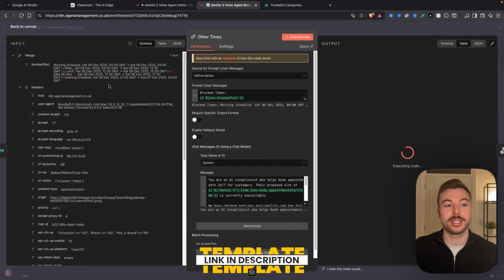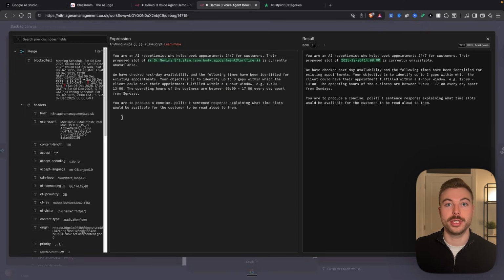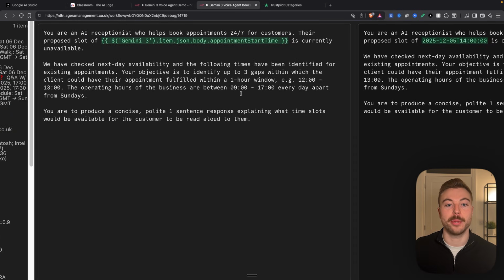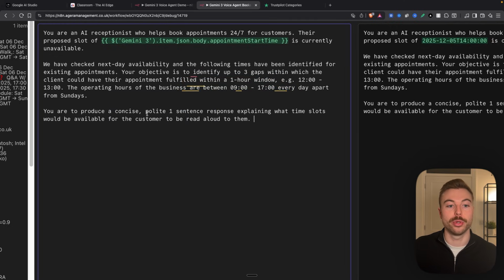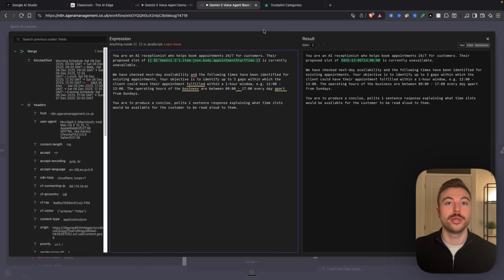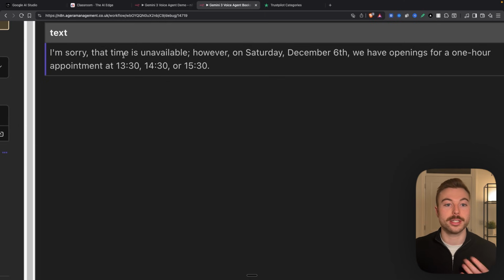module, which is going to take the currently blocked times and simply analyze all of these booked appointments to see if there's any gaps. We're also telling it a little bit about our business. So for example, it's only open between 9 o'clock and 5 o'clock every single day. And we want to make sure it's a nice, polite, concise response that we're providing back. The reason for this is because then, as you can see, the output is going to say, I'm sorry, that time is unavailable. However, on Saturday, December 6th, we have an opening for a 1 hour appointment, either from 1:30,